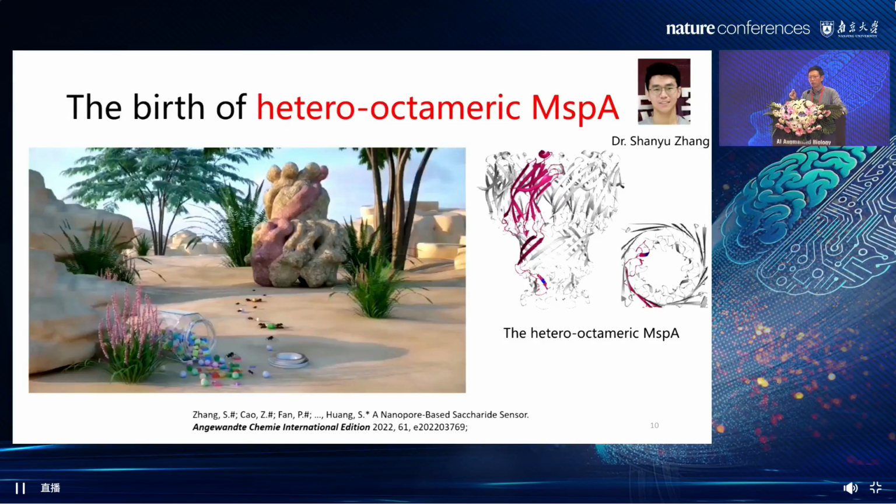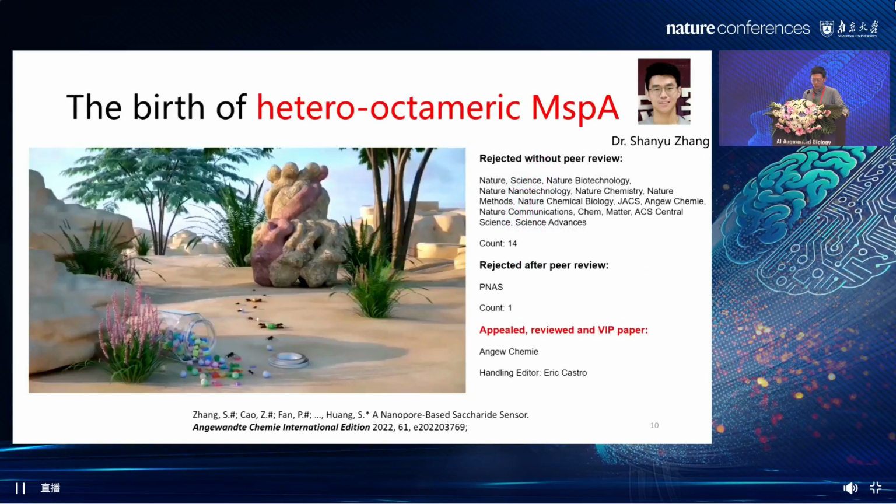At that moment, I was really excited. I thought this was going to be a really huge paper, so I submitted to all the high-impact journals that I know. But actually, I got 14 rejections in a row. Then it was peer-reviewed by PNAS, and the review comment said, I don't believe AI at all. So at that time, people were not really confident with AI. But eventually, it was published by Angewandte Chemie,